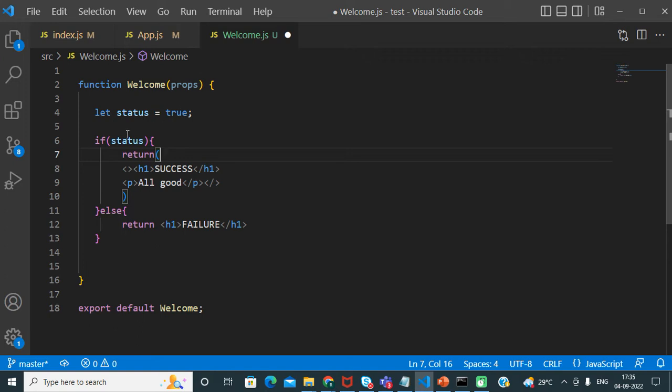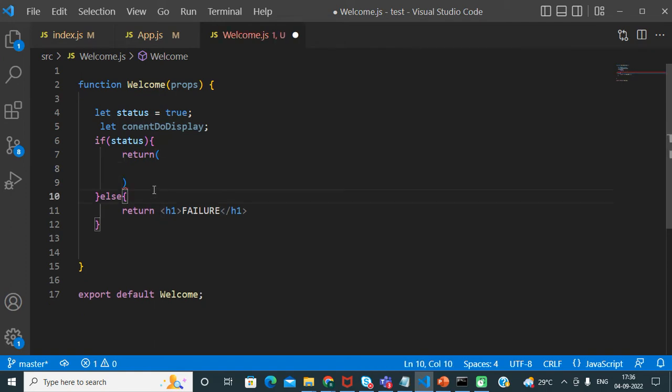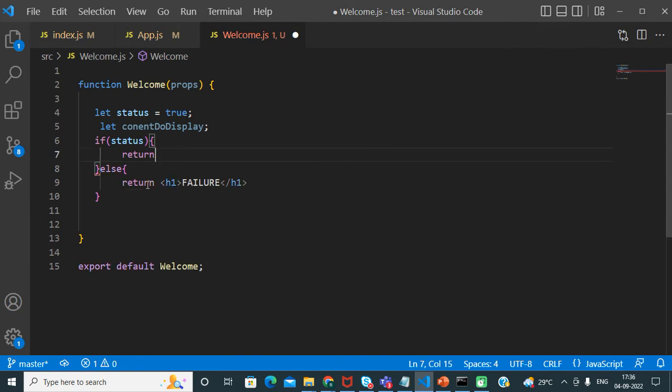After that we have another technique, where we declare one variable, let's say content to display, and conditionally we store a value in it. Now again I am taking a single line to demonstrate. Let's say h1 success block.